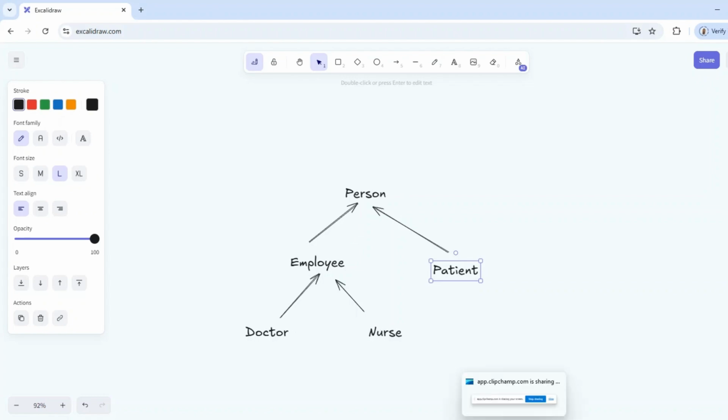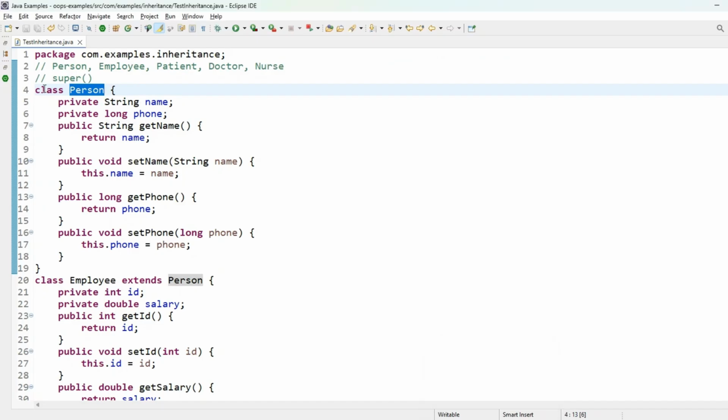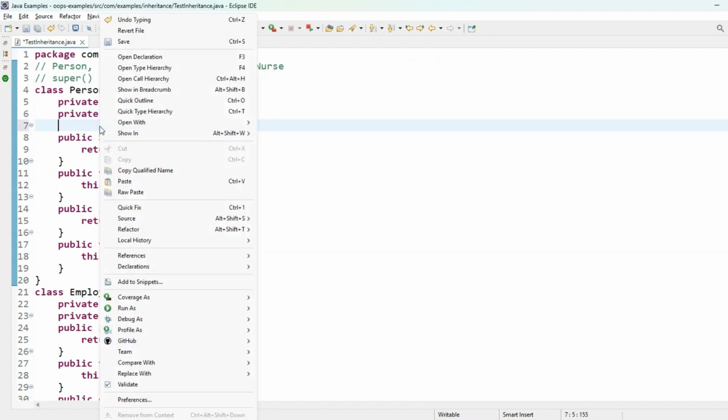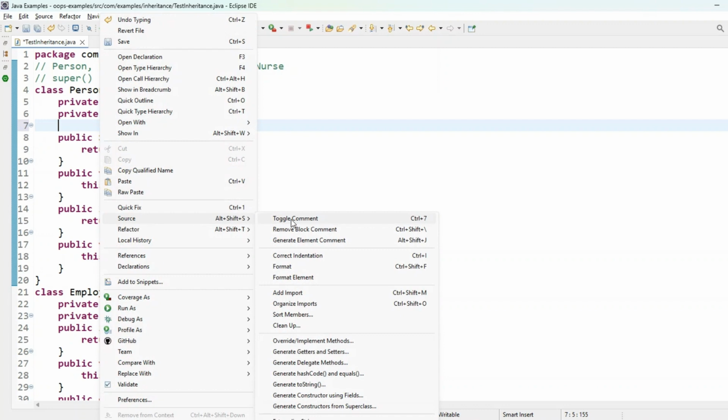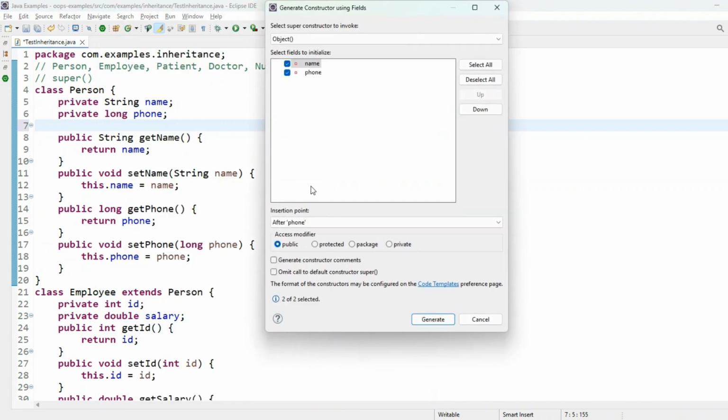Firstly, let me create the constructor for person class, and we know there is a shortcut to generate the constructor. Let me right click and go to source, and I will select generate constructors using fields because I have only name and phone number that need to be initialized. I will choose generate constructor using fields, and it is going to initialize name and phone number, and look at